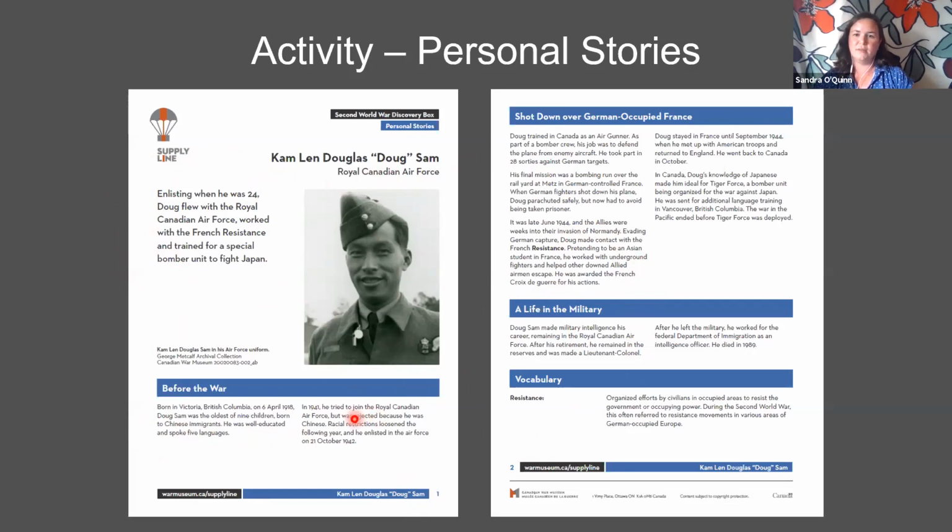But we wanted to show, this kind of links back to the Canada was a total war and that it impacted Canadians in real ways. So we always talk about their life before the war, what they did during the war and how they were impacted by it and how it affected their life afterwards. If they survived, sometimes it's talking about their family. And there's a little section for vocabulary here as well. And one of the things I can show you for working with that